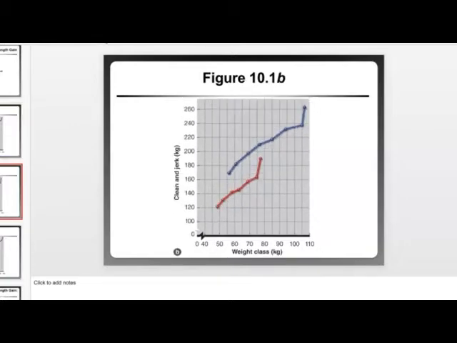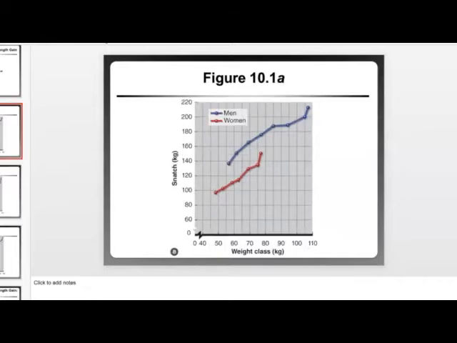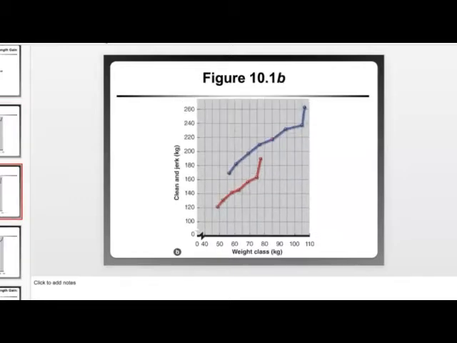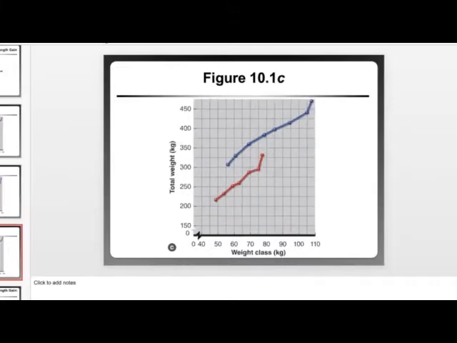And that's over the course of a number of different exercises. So this is a snatch exercise. This is a clean and jerk. All right, so these are both power exercises. And you notice that for men and women, the graphs are similar. So men are going to be able to increase their overall strength gains more so, and will have a higher relative and also absolute increase in strength than females.